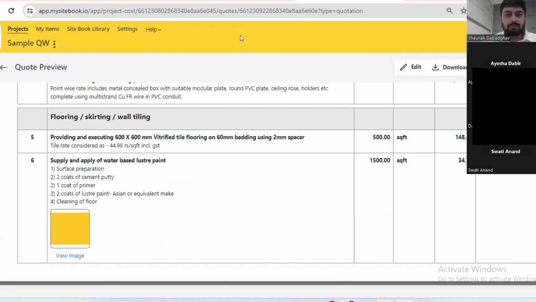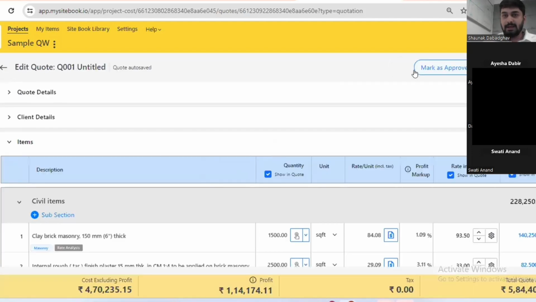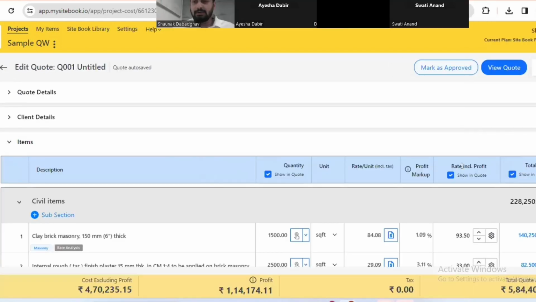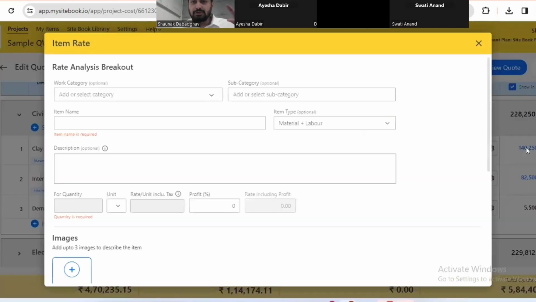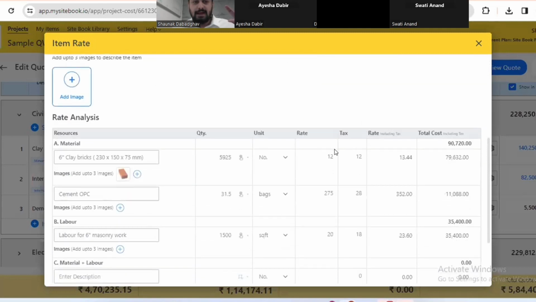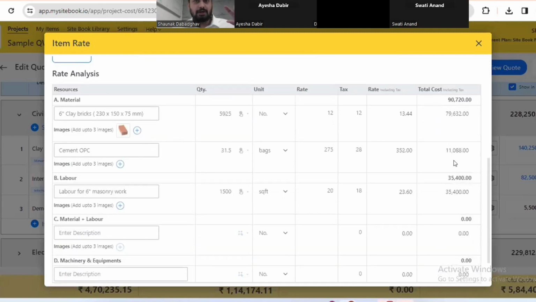So where did you click to show costing only? Okay, so edit, and here I've clicked on this. So anything which is blue in color is clickable. So if I click here, I will get the breakup of that cost. So total cost in clay brick masonry is 1.4 lakhs. Now that breakup of 1.4 lakhs, I have it here. So I hope,